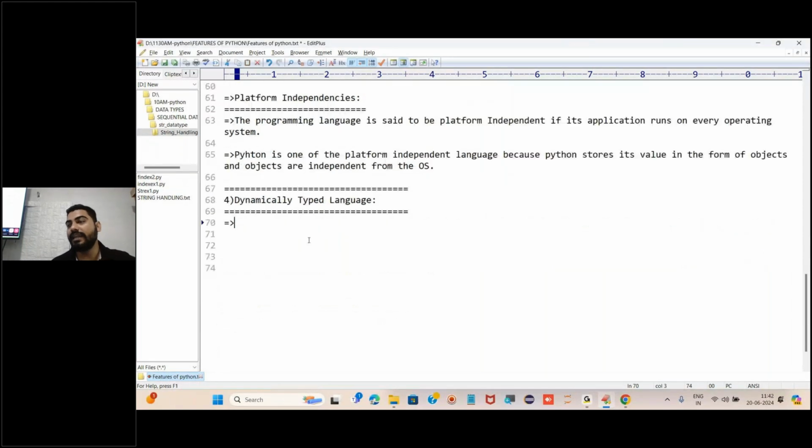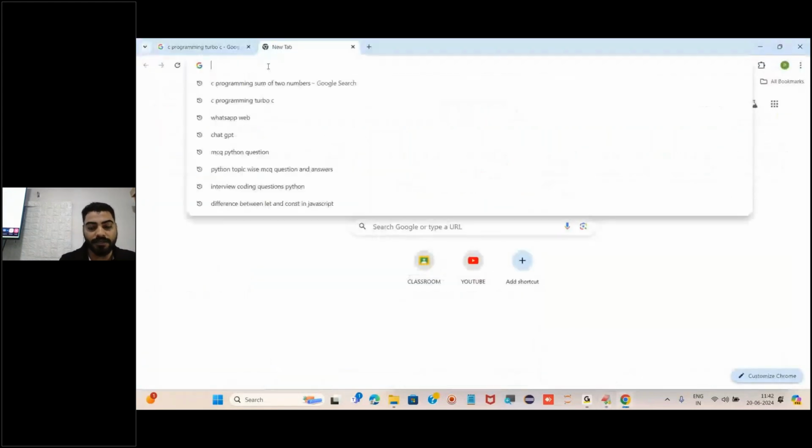Dynamically typed means at the runtime it can change itself. Other programming languages like C, C++, Java, right? Let me introduce C programming first, then I will explain what dynamically typed is.